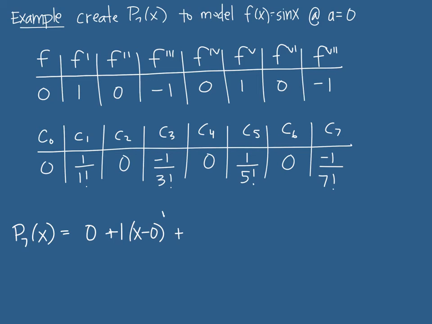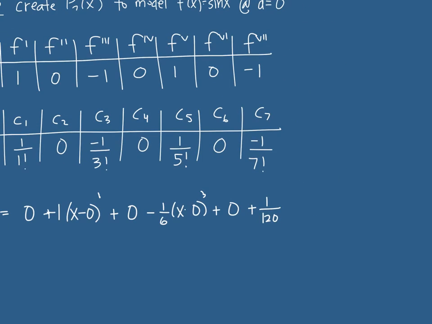Then plus 0 again, then minus how much? 1/6, and that'll be x minus 0 to the third. And then plus 0. And then plus 1 over, what's 5 factorial? It's 120. That would be x minus 0 to the fifth, plus 0